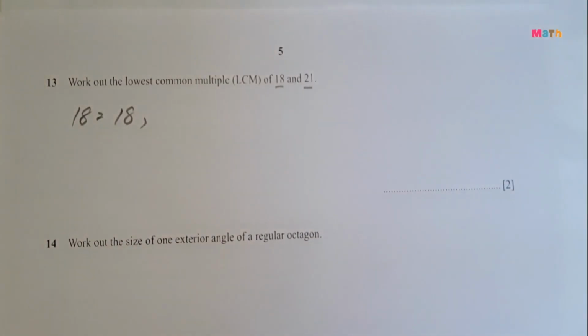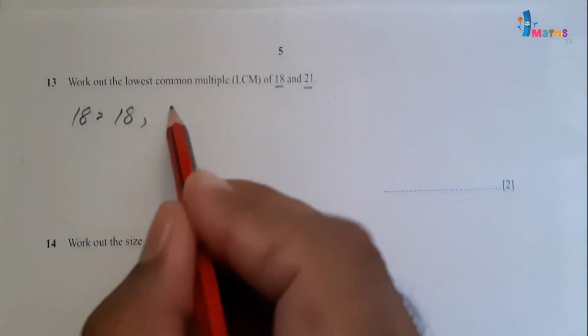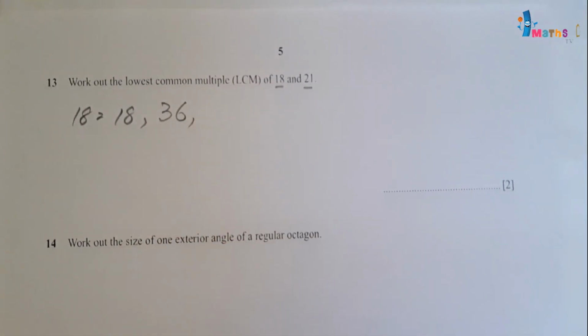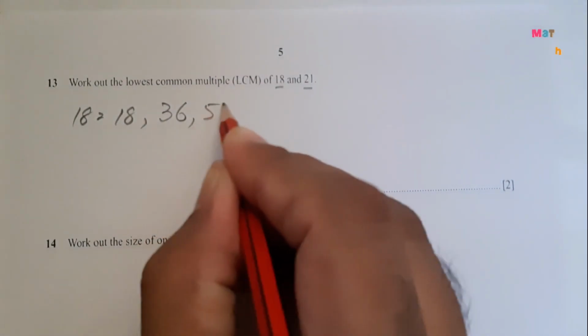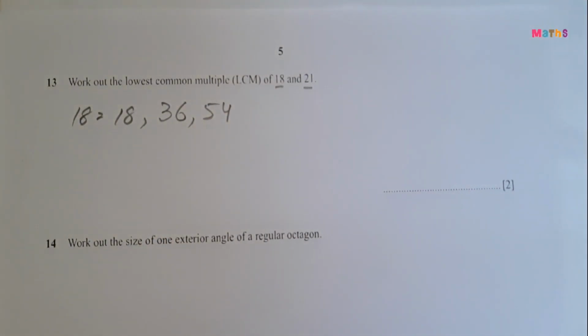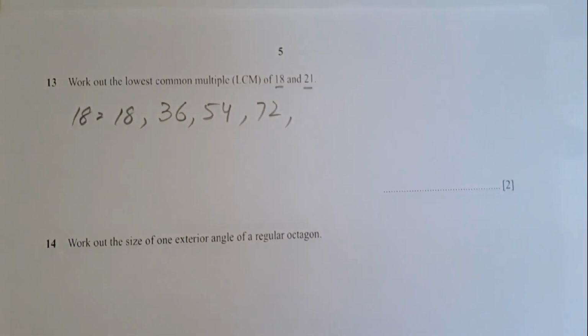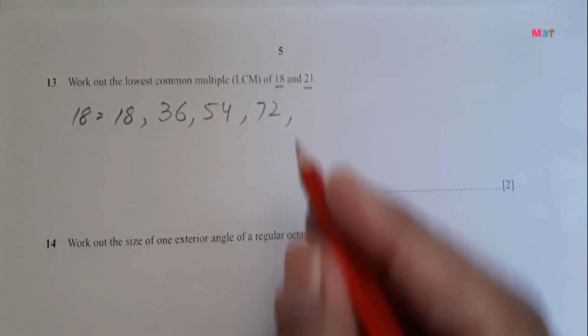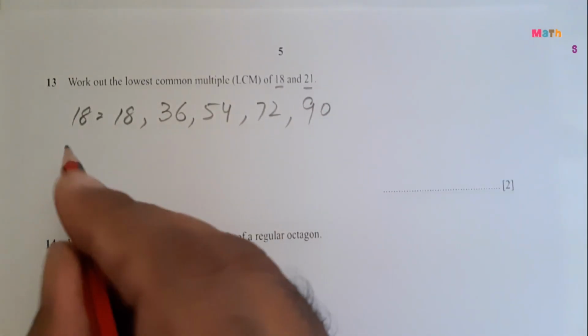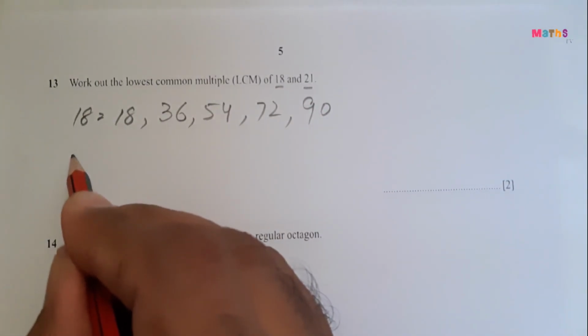Then 18 into 2 will be 36, so we can write the next multiple as 36. Next, 18 into 3 will be 54, so we will write the next multiple as 54. Then 18 into 4 will be 72, so the next multiple is 72. Then 18 into 5 will be 90, and at the same time we can write the